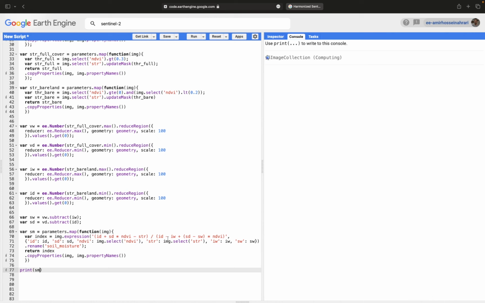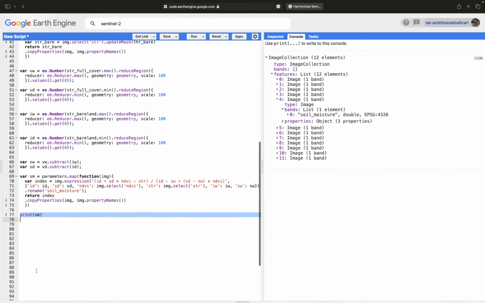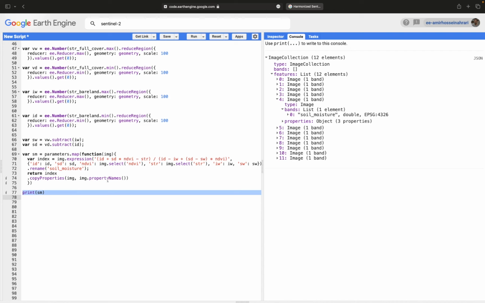And definitely the spatial resolution for the output is not only 10 or 20 meter, it is something between 10 and 20, maybe 15 meter is the mid range of spatial resolution that we will have for the output. So here, as you can see, one soil moisture image is available for each time, and as long as you have the input properties or system time start values, you will be able to plot the